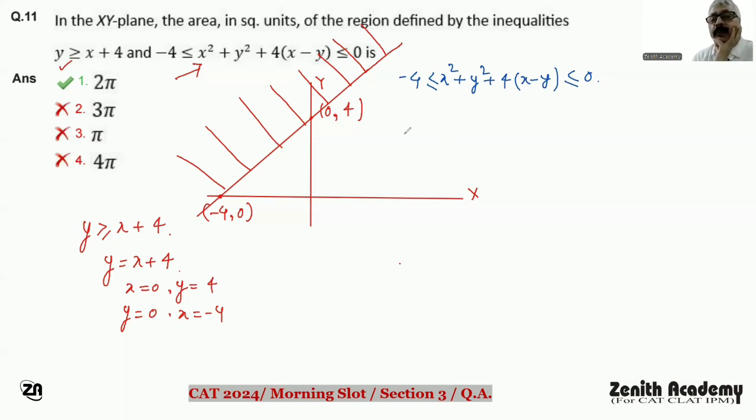Like this, minus 4 plus y square plus 4x minus 4y. X square plus 4x, right? If I add here